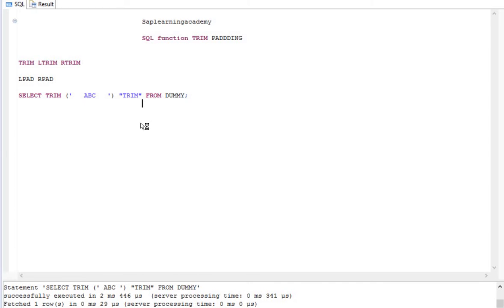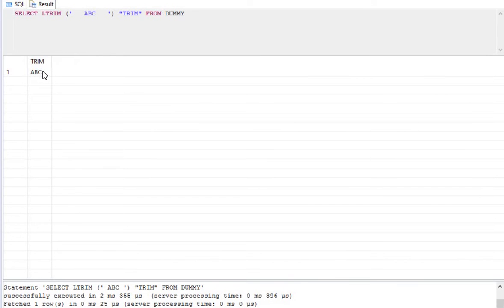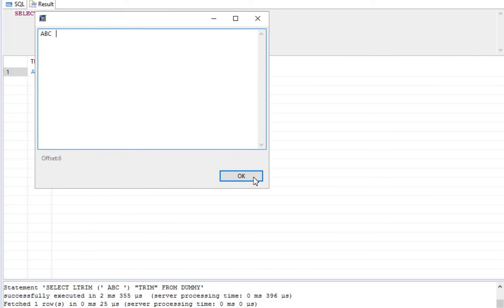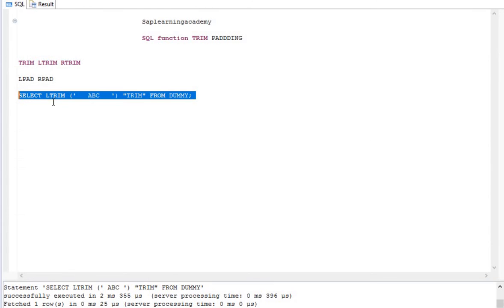Suppose in a join, you are going to join with some other table where you do not have any space, or in this table you have a lot of spaces. You can use such a trimming function and then actually see the data. Now if we write ltrim, it is going to remove the spaces from the left side, so the right side spaces will remain as they are, as you can see here. On the opposite side, if I write rtrim, it's going to remove the spaces from the right side.